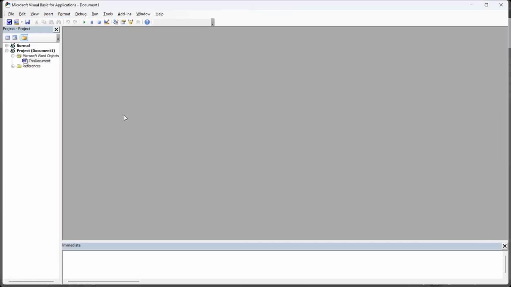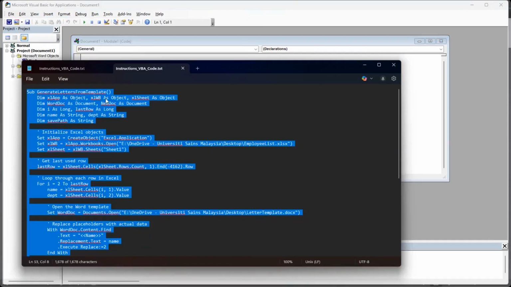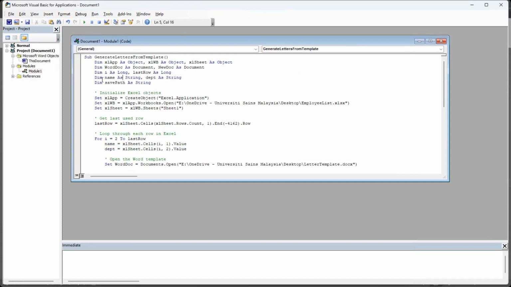Over here is the place where you can insert all your script. So go to Insert, Module. So you have the list of instructions, or list of code, over here. Copy this and paste it over to here. So here you can see that